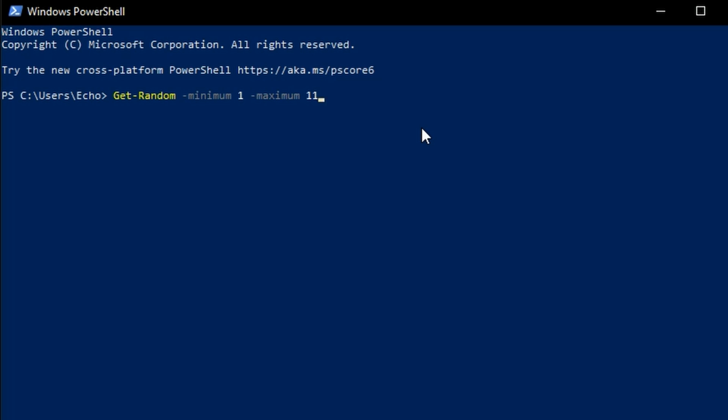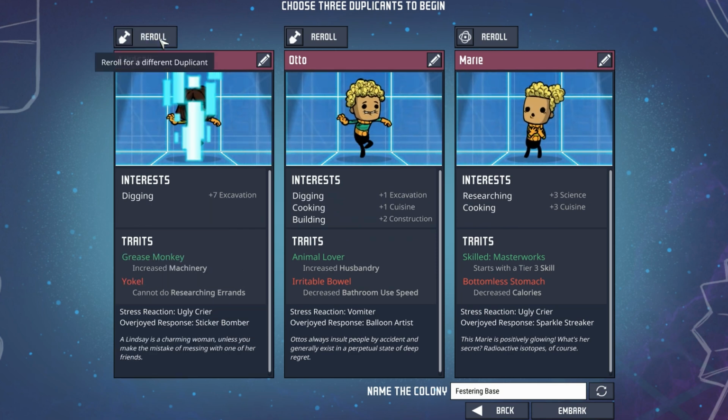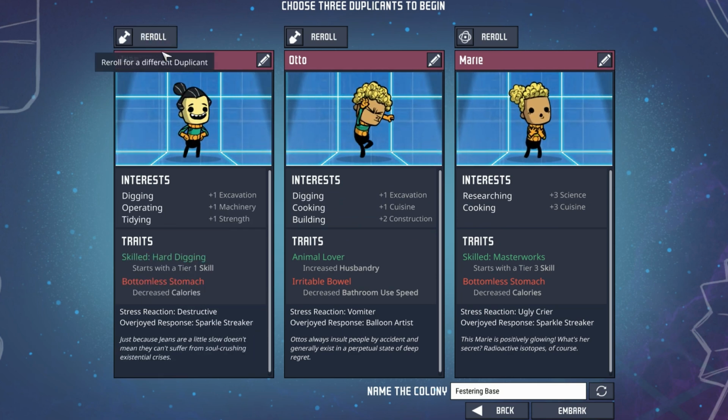Now, I know there's a bunch of websites out there that can give you random numbers, but, well, so can Windows PowerShell, and this way we don't have to worry about some of those websites and their nefarious affairs. What we can do is take the Get-Random cmdlet, minimum 1, maximum of 11, which means this is going to give us a random number between 1 and 10. This time it gave us a 7. So then we'll go in here and we'll go 1, 2, 3, 4, 5, 6, 7,